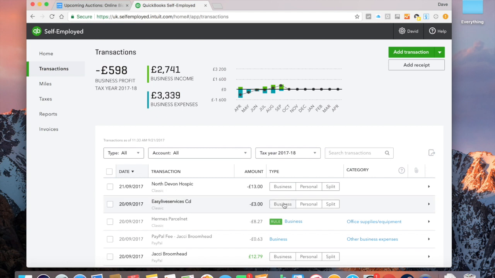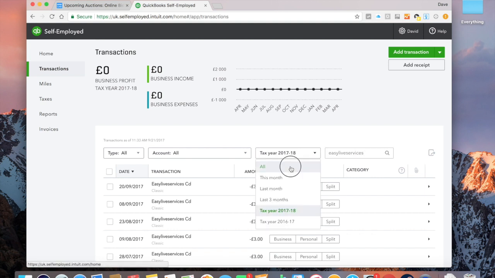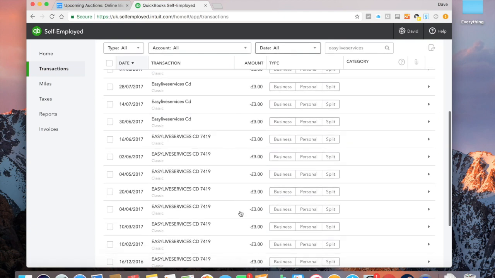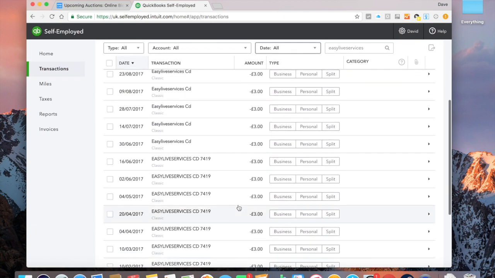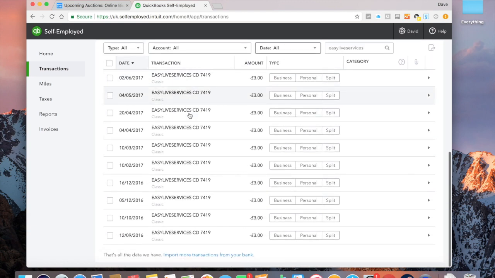Let's take this easy, live. I'm just going to type it in just to see. I'm going to type the full word up and then let's get it full. I just want to make sure it's okay. Now this is from the live connection to the bank account. All this is from the imported